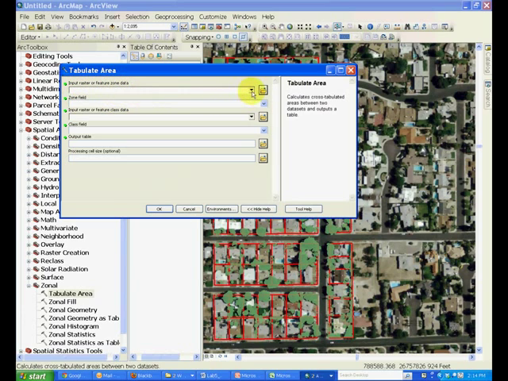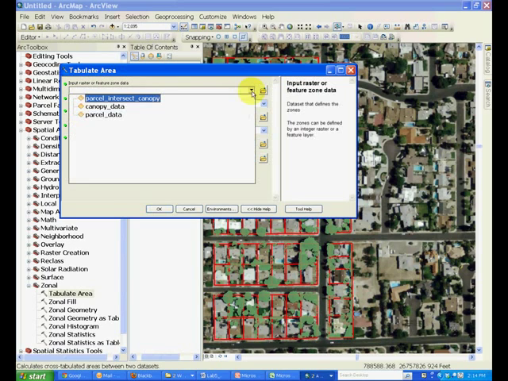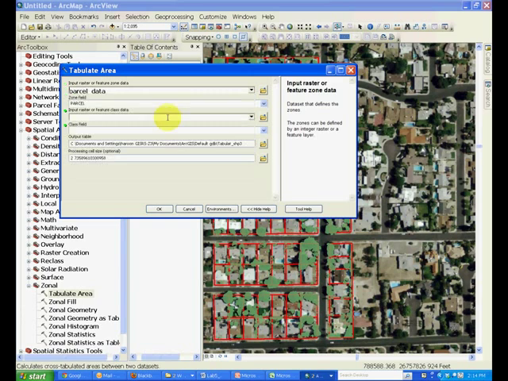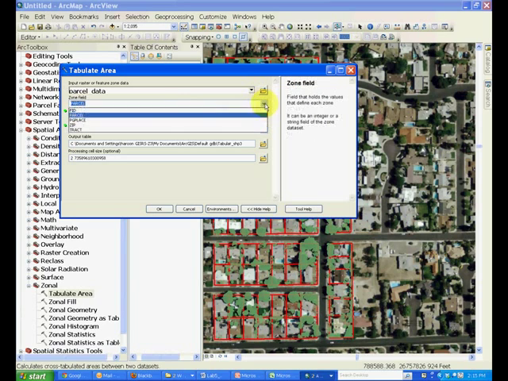In this case, the parcels are the zones within which we need to find the area. Now the second part is finding which identity from those zones we need to use. The parcel ID itself is reasonable to use,